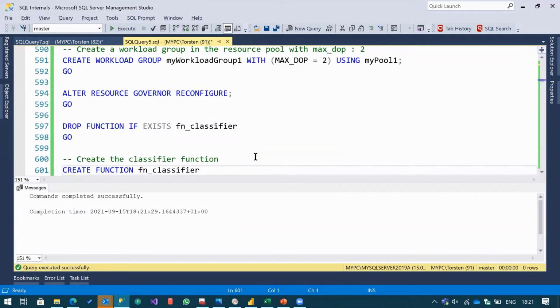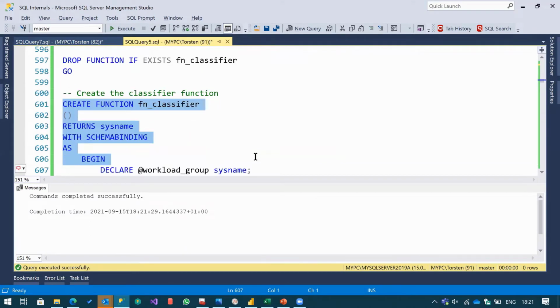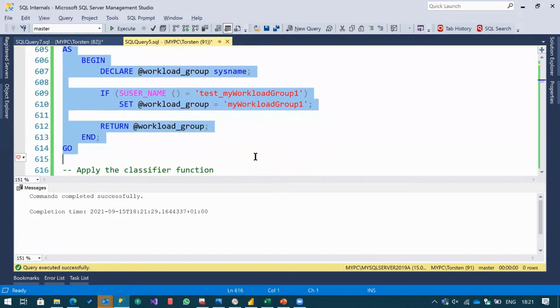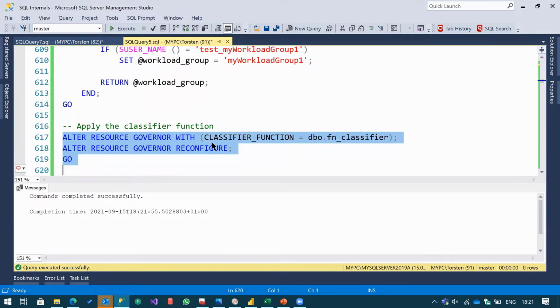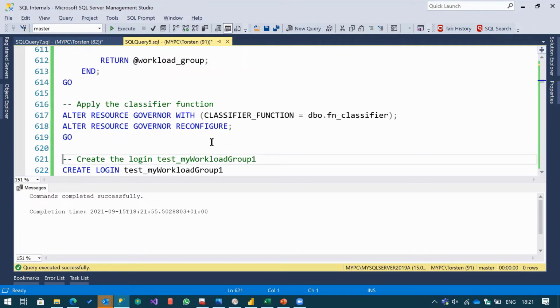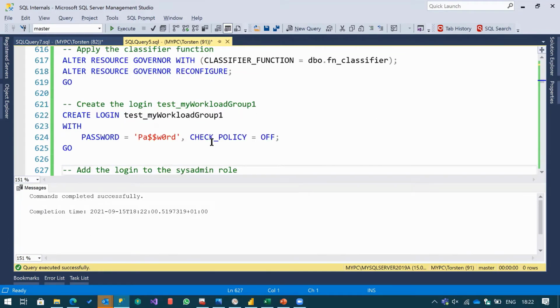Then I can create a so-called classifier function with schema binding for sure. And here we can define whatever. I mean, we have some limitations, but again, it is either a specific username. So in my case, I'm using a specific login name, which is limited to DOP 2, or maybe it is, I don't know, a specific time or whatever. I just want to give you an example. So I will apply the classifier function so it is used by the workload group, and I will create a login and use this login in